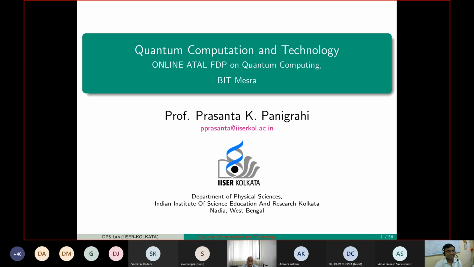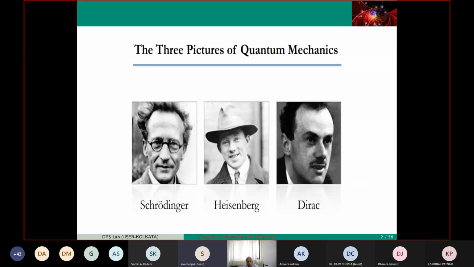Okay, so I'll be talking about quantum computation and technology, and I'll go very slow, even if you know quantum mechanics. But you will find out that the quantum mechanics that quantum computation requires is very elemental. The whole emphasis is on the basic principles of quantum mechanics. I will run you through the developments in quantum mechanics which are coming in handy for quantum computing. I can start from the early days. Now, as you know, in the old quantum mechanics there are two parts.